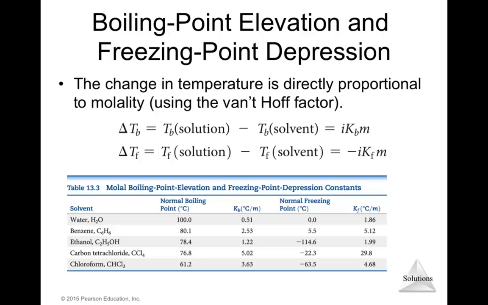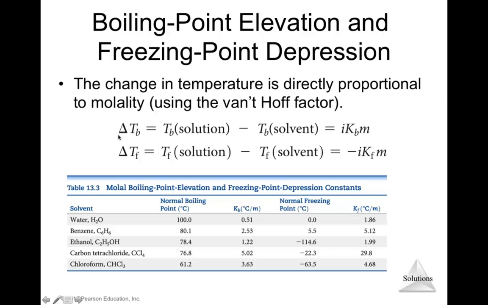Okay, the Kb is called the molal boiling point elevation constant. For this one, the Kf is the molal freezing point depression constant, and m is molality. So here is a table with some constants, and also the normal boiling points for those solvents. You don't have to memorize all of this. It is just to show you some examples of the constants, but you need to understand how to use this